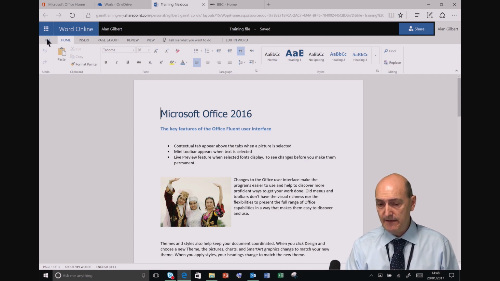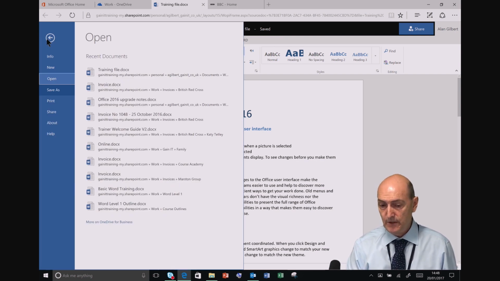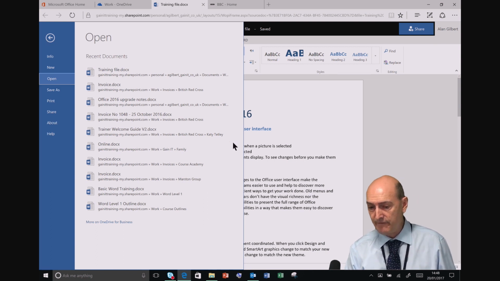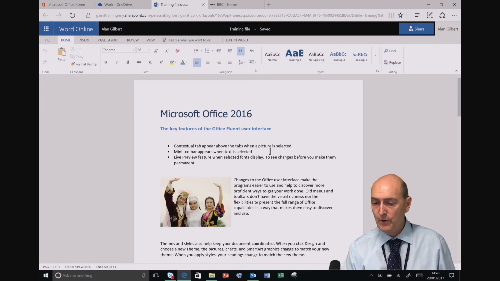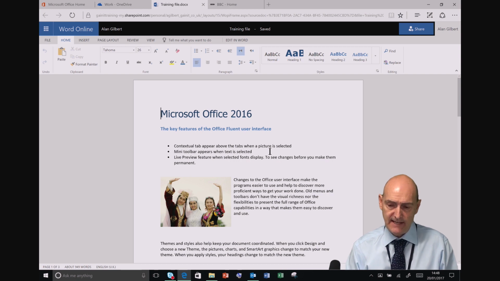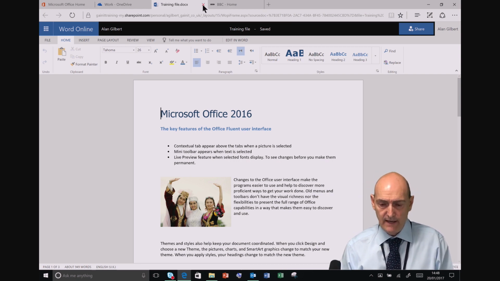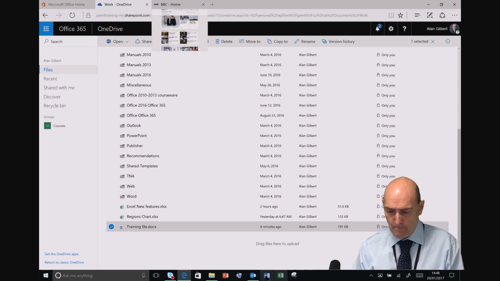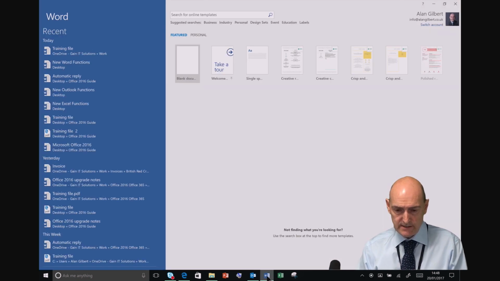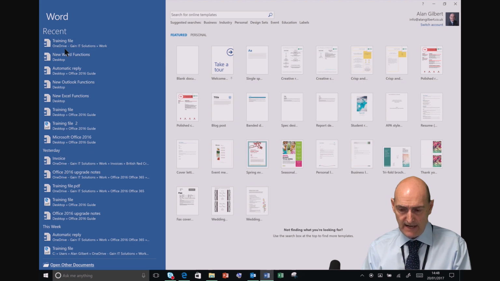You'll notice in File there isn't a Save. The Save As, you might want to save it under a different name or different location, but they save automatically. But that's the app. I'm going to come out of that. I'll just close that away, and let's go back to recent training file and